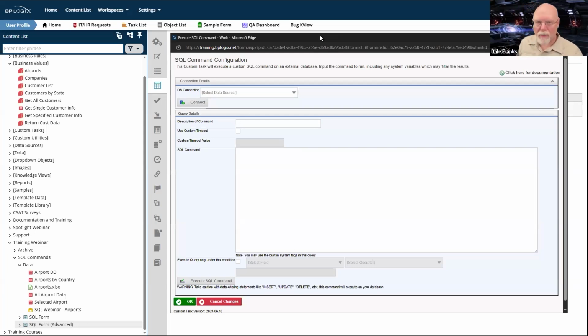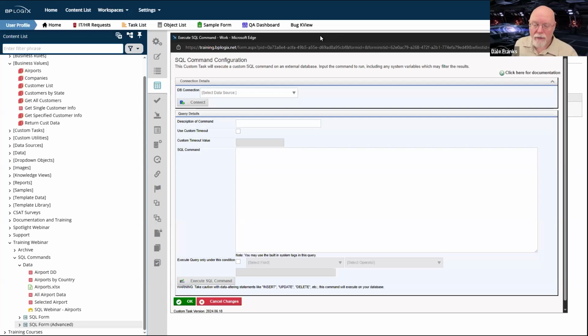For filling data on a form, for filling dropdowns, those custom tasks are now all largely deprecated. There are a couple of edge cases where you might want to use them, but for the most part, you don't use them at all. You use business values to fill dropdowns or to fill data on the form, as we did last week. And we didn't even look at those custom tasks, but this is one that you do still use anytime you want to do inserts, updates, or deletes on your database.